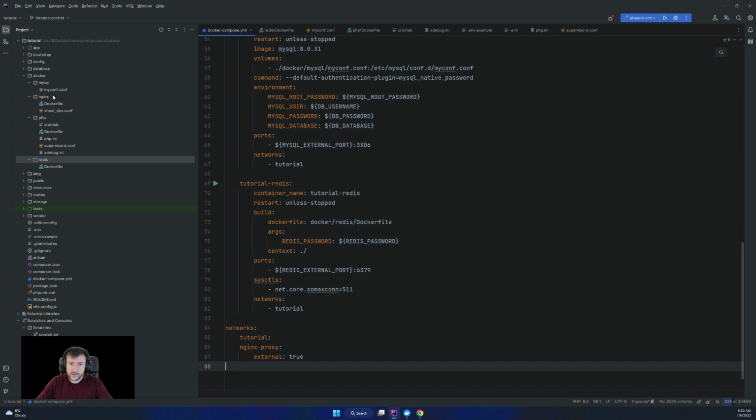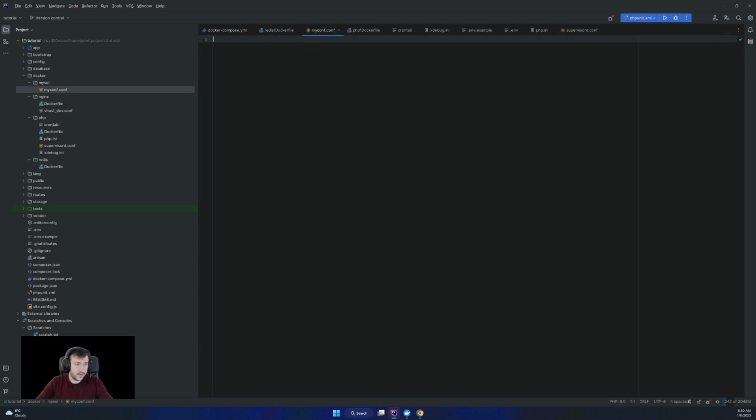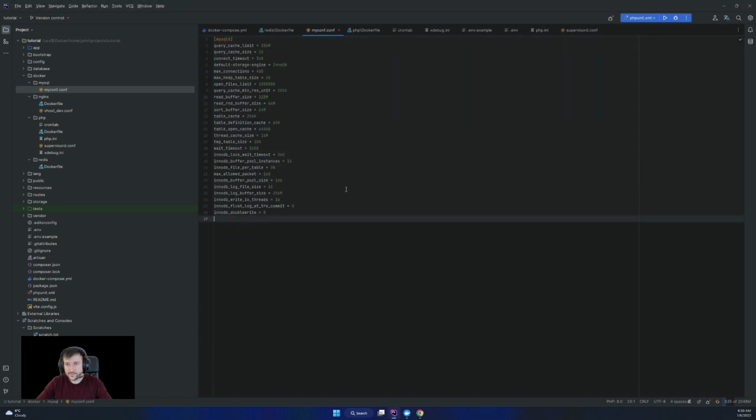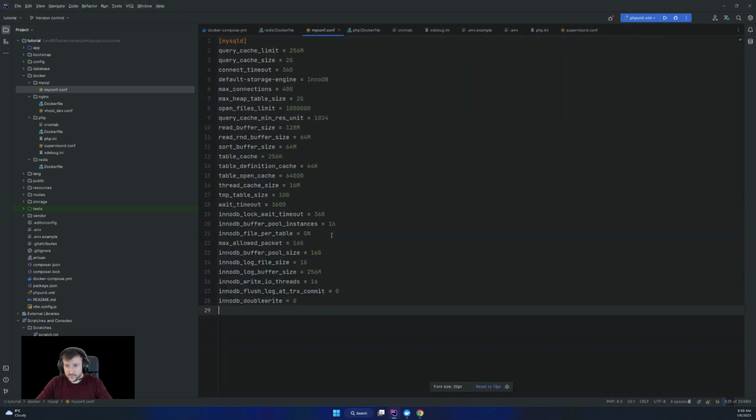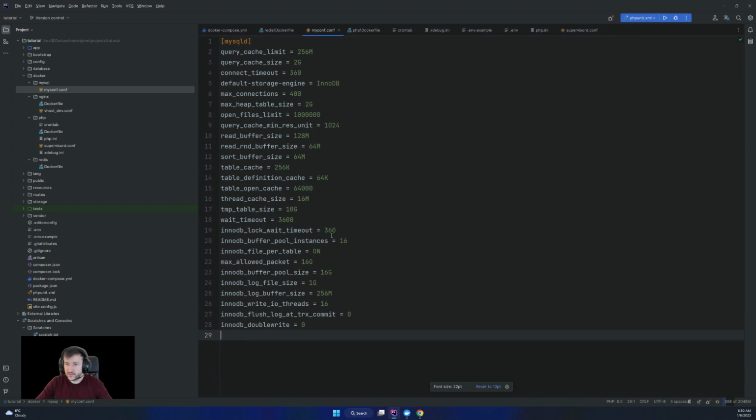Now I realized on MySQL conf I didn't put anything, so I'm again gonna put some things that I kind of built. These values might be way too high, but just to keep it on the safe side.